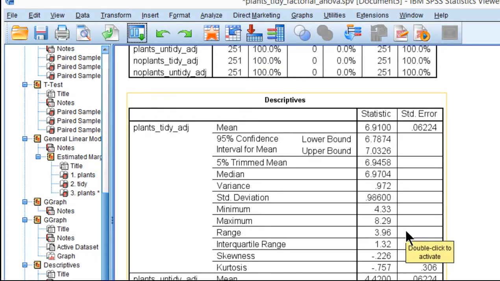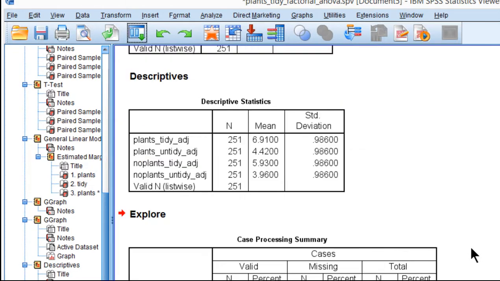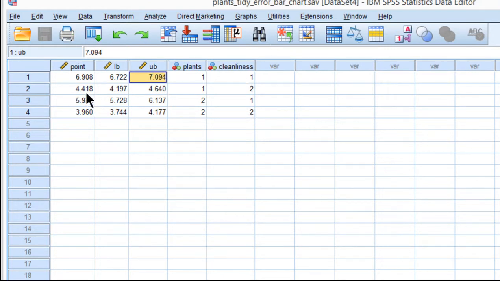Now again, these means and confidence intervals are a reflection of the interaction effect analysis. They're not the true standard deviations or confidence intervals. That's based on the raw data. I'm making this adjustment because I'm interpreting them in the context of the interaction. So now that I've got the means and adjusted confidence intervals, I can create an adjusted data file in order to